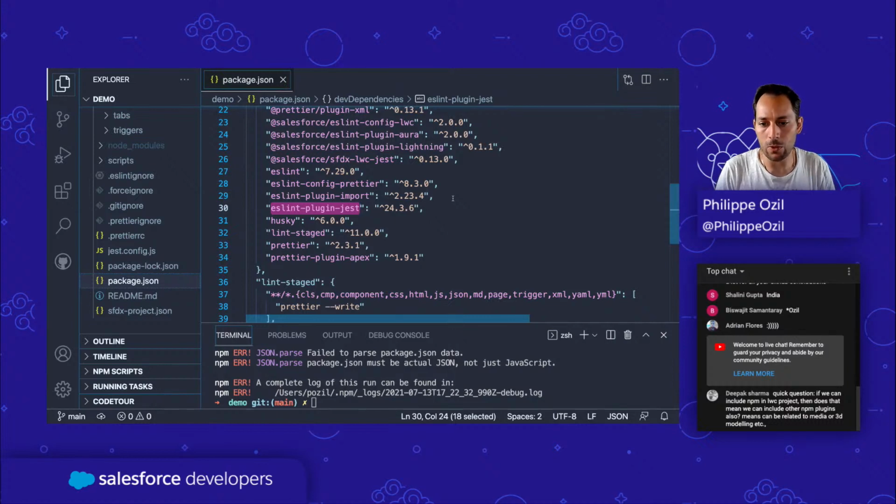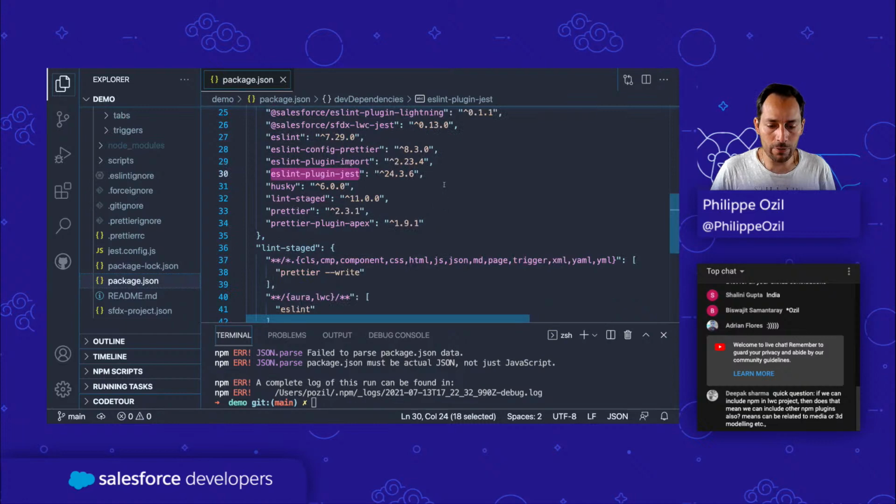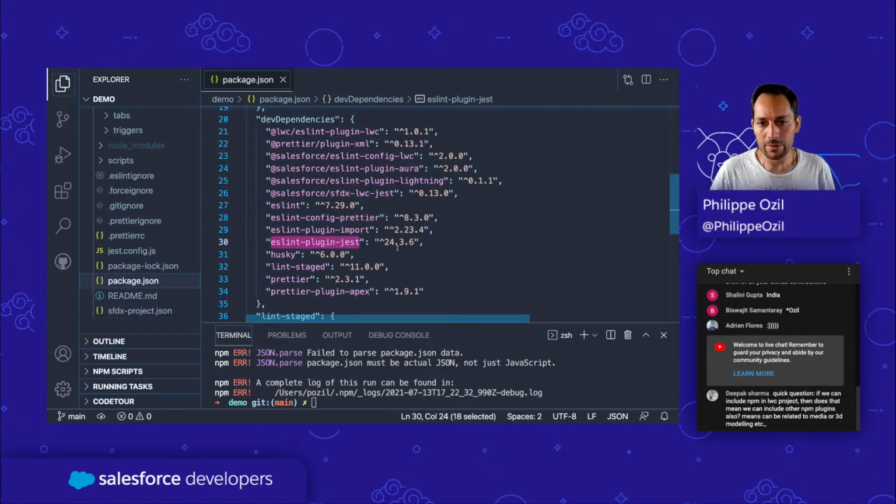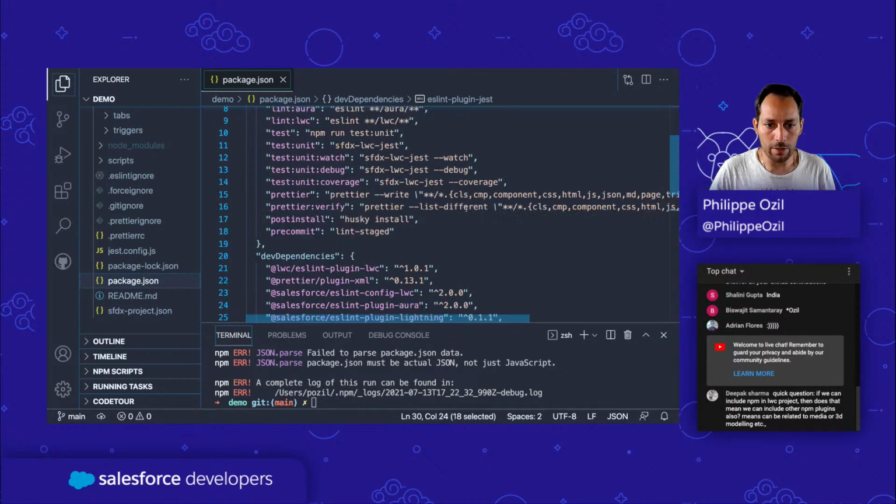So that's a pretty common thing you want to do. And by having it here in our lists, we can have those rules and leverage them to make sure our tests are properly written and we're actually writing the right kind of assertions in our tests. And that's it for the lists of plugins that are required for linting. Let me now look at the scripts and see how we use those